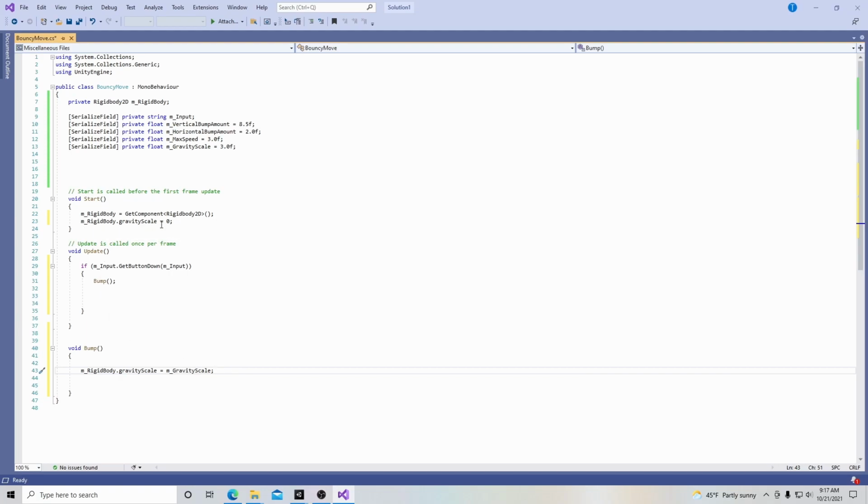So back to what I was saying. At the start, the gravity is going to be 0, but when we hit our button for the first time, the gravity is going to change to the gravity scale, which is 3. So it's going to change from a natural gravity to the gravity we want it to be. So the very next thing is that m_rigidbody.velocity is going to equal